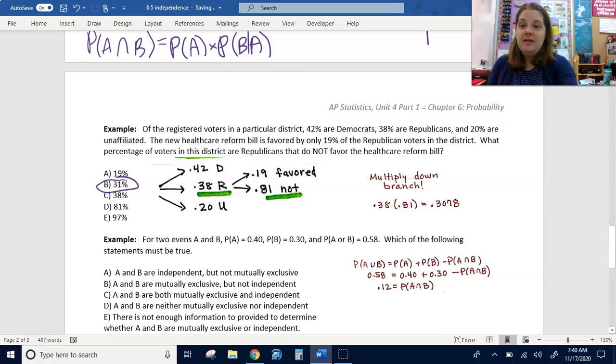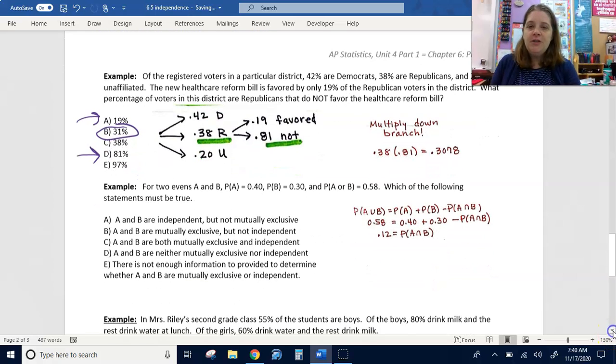And by the way, you see the 19 and the 81. Be real careful with those because they're going to see things like that. Most of the time it's not going to be as easy as just popping out a number from the problem itself. All right, so the next question says for two, oh, it's a typo, for two events,